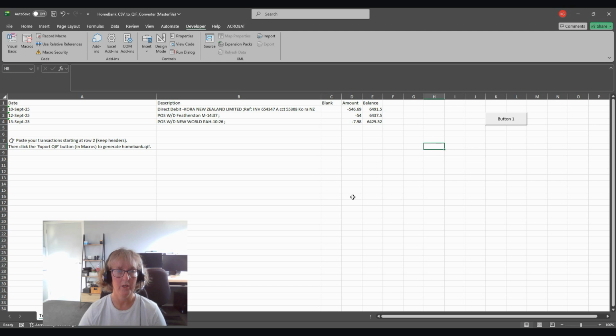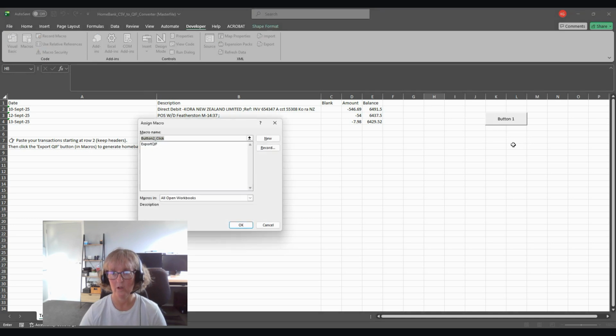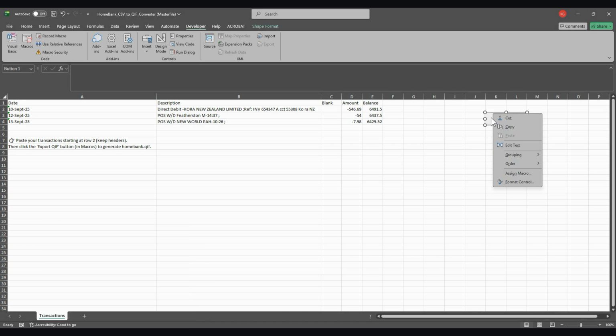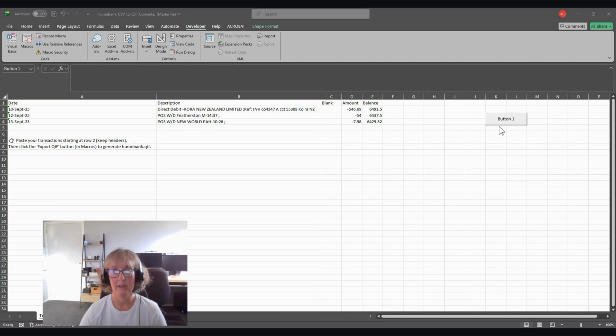And then when we go back, the next thing you're going to do is go up into developer still, and you're going to insert a button. And when you have inserted it, it's going to be the export QIF button. And it will just come up with button 1, and that's fine. And you'll be able to change the name of the button if you want. So then all you do now is just click on the button,